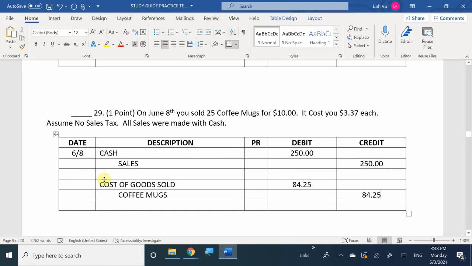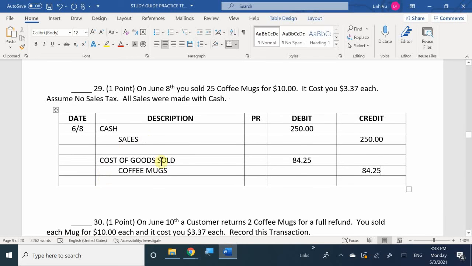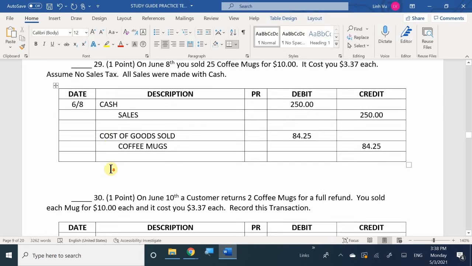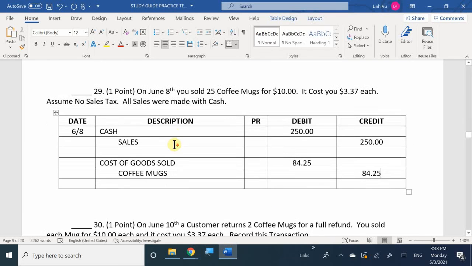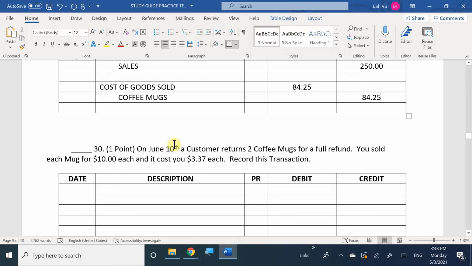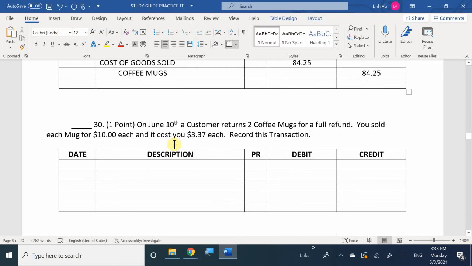Now remember, this is what we just recently learned in chapter 7 and 8, right? We reviewed this. The difference between this and periodic is that we just don't have this part right here because we're not constantly updating our inventory. We're waiting to the very end to solve for this part. You said you took 3.37 times what? 25. Okay. All right, so then